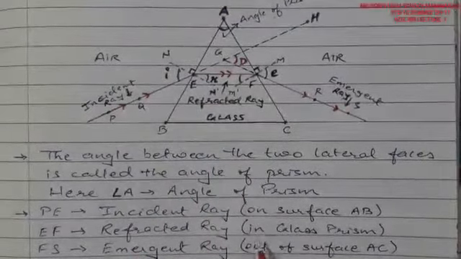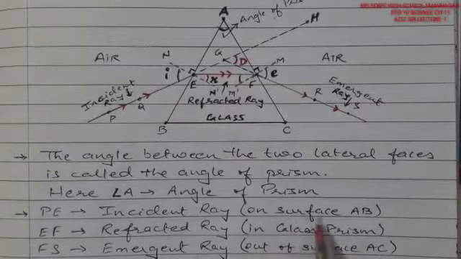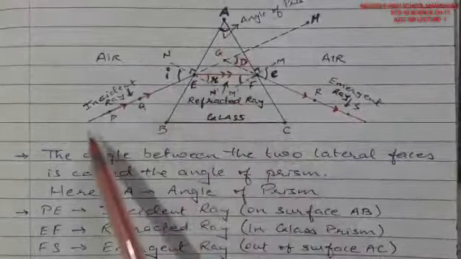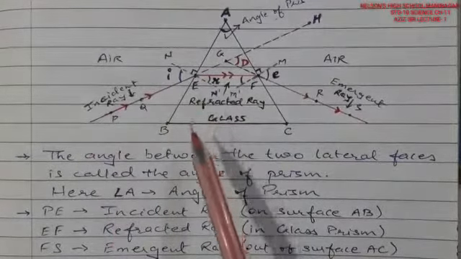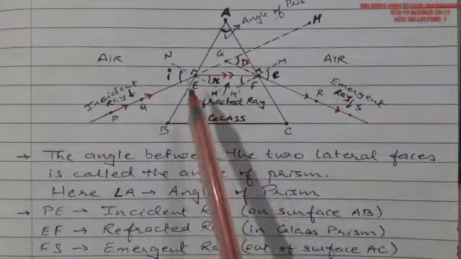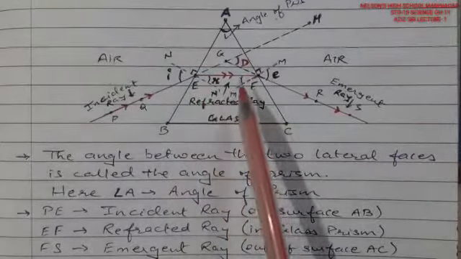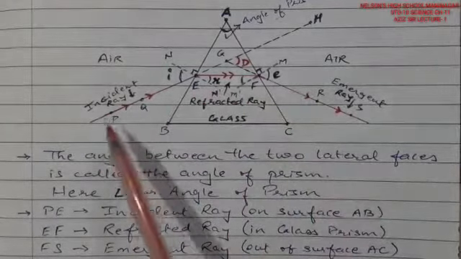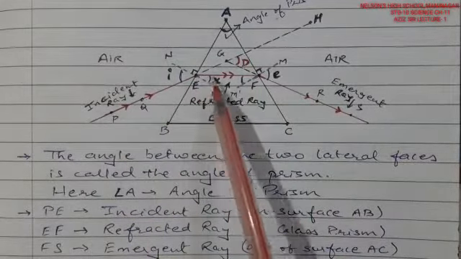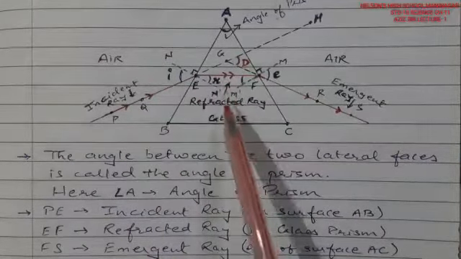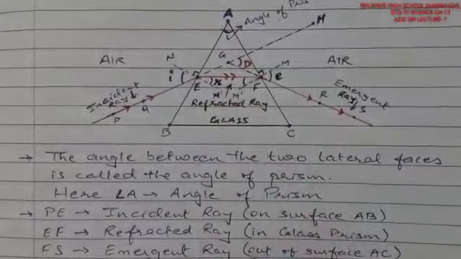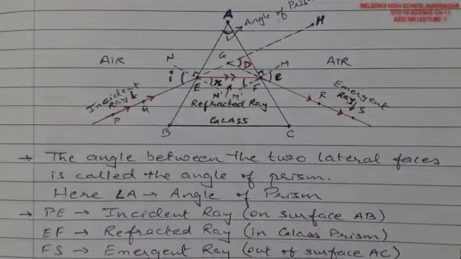The refracted ray is in the glass prism, on the surface AB. The incident ray was also on the surface AB; it was coming towards the surface AB. The refracted ray, here you are able to see, I made specially in red color so that you will be able to see the ray which is passing. So the incident ray you are able to see, and the refracted ray EF you are able to see. EF is a refracted ray which is in the glass, that is, in the prism.